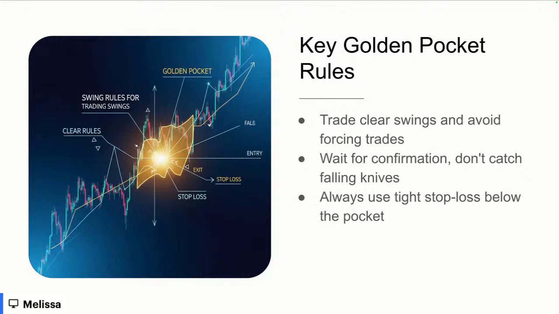So I do commit to candle closes. If I'm trading off of a daily chart, for instance, I don't get wicked out below the golden pocket. But if a daily candle closes below the golden pocket, then I take my stop loss. And once again, I've been using this dip buying method for the last probably 2.5 years as part of